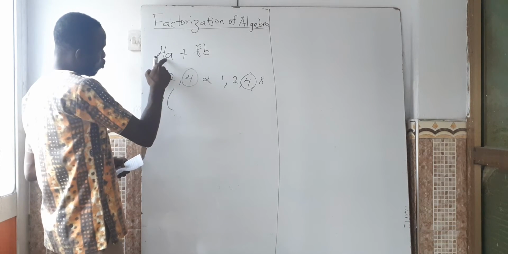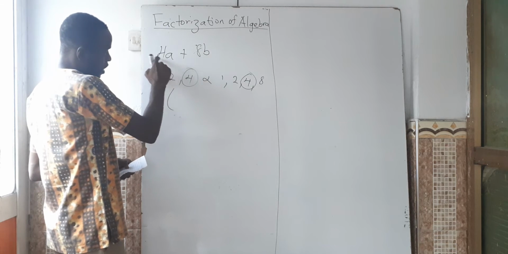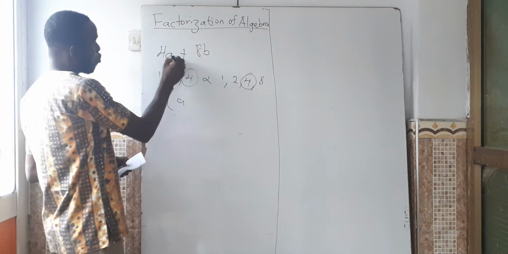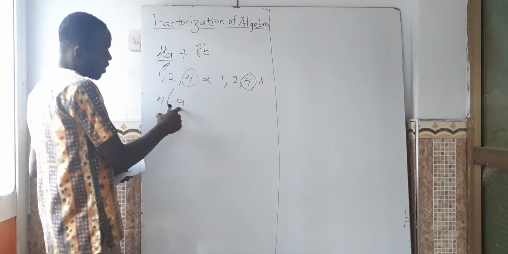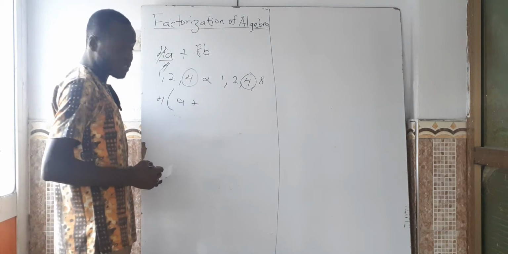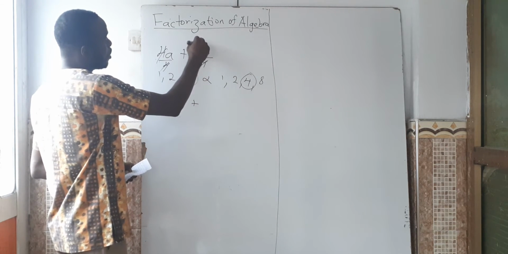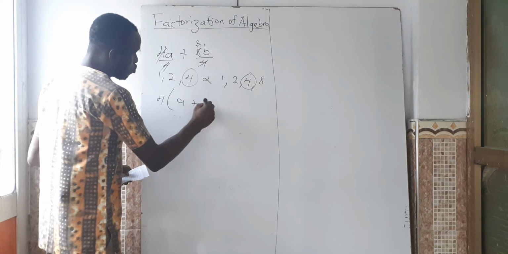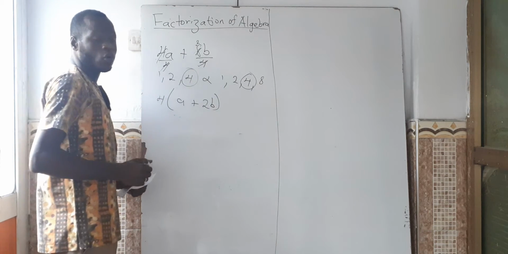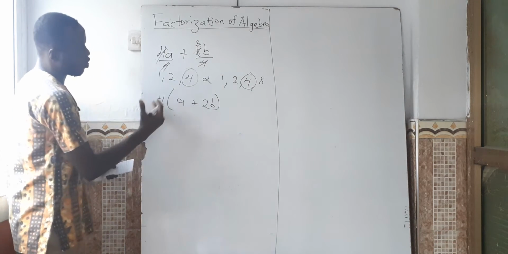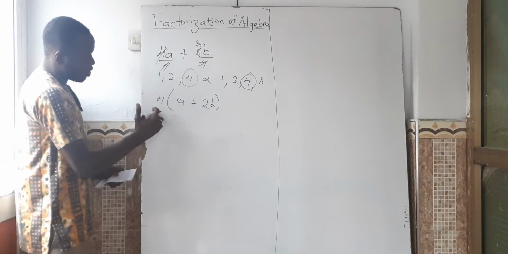If we take 4 out of this one, or we divide this expression by 4, what is going to be left is a, because the 4 will cancel the 4, and it will be left with a. Then you bring your sign, which is the addition sign. Then here too, when we divide 8 by 4, 4 will go into 8 two times, so it will be left with 2. Then you bring your variable. So when we bring the common factor of 4 out of the bracket, the rest will be a plus 2b, and this is what we mean by